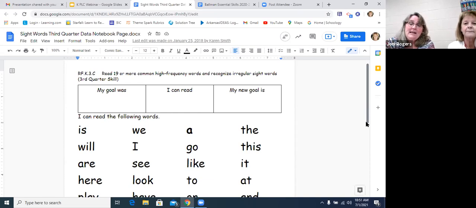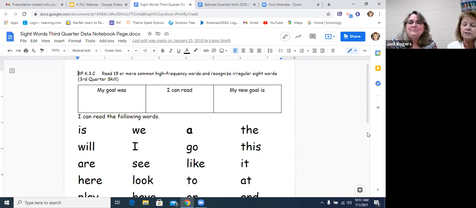And so I team my kids up with another grade level, and they come down and they help mentor my kiddos. They have a child that they'll work with, and they talk about their goal, and they help them set realistic goals. And the kids like that. And their team member that's maybe in 4th grade is excited when they do meet their goal, and when they see them in the hallway, they'll say, hey, did you meet your goal today? So it's that camaraderie that the kids really enjoy.